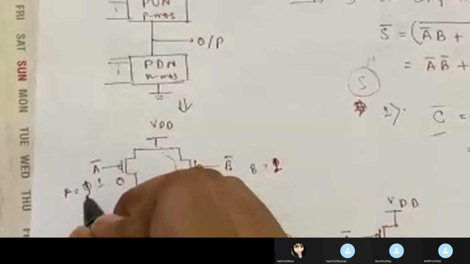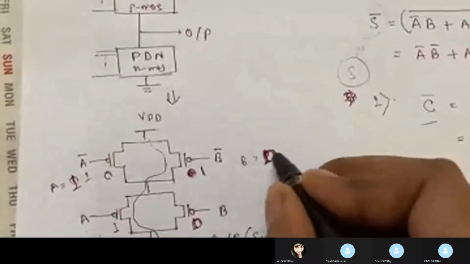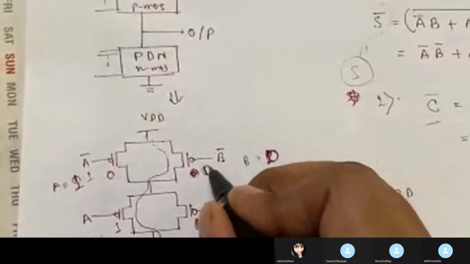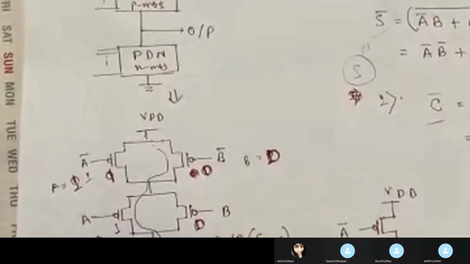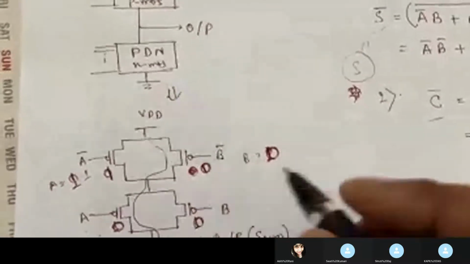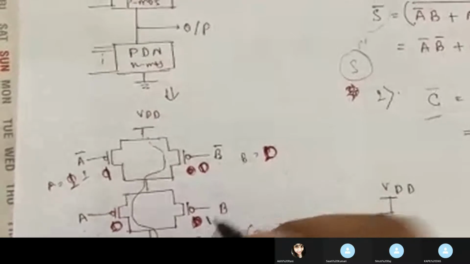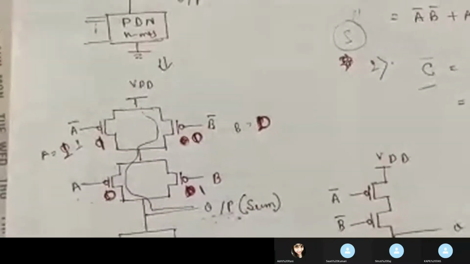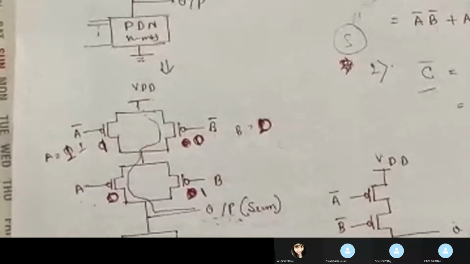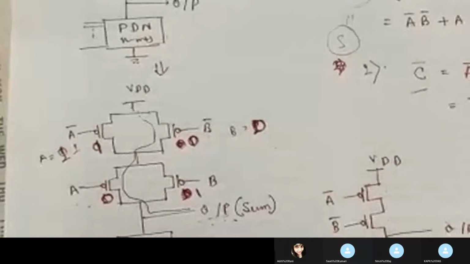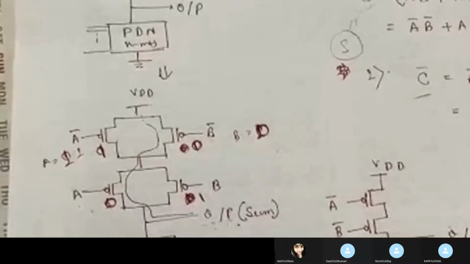Same if I take 1 0, A equal to 1, B equal to 0. So now my A equal to 1 and B equal to 0. B equal to 0 means it will become 1, again it will become 0. And here it is 1, it will be 0, here it will be 1, right? For the next part, A is 1, which means it will become 0. B is 0, it will become 1. And here, A is 1, it will become 0. B is 0, it will become 1. A is 1, it will stay 1. B is 0, it will stay 0.